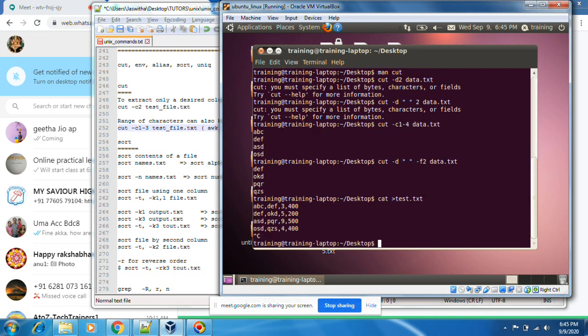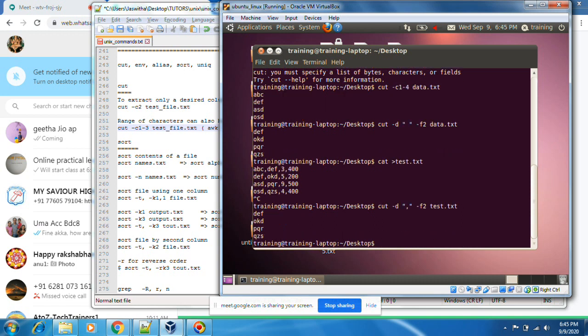To print the cut here, you need to put the separator here, comma, then test.txt. This is called a field. This is the first field, this is the second field, third field, fourth field.